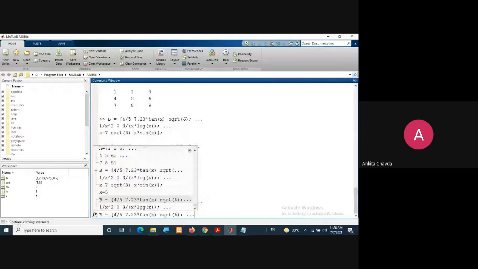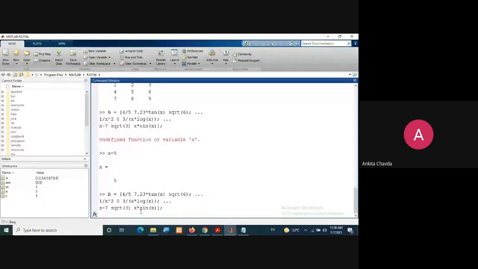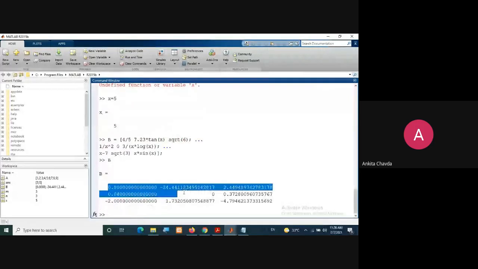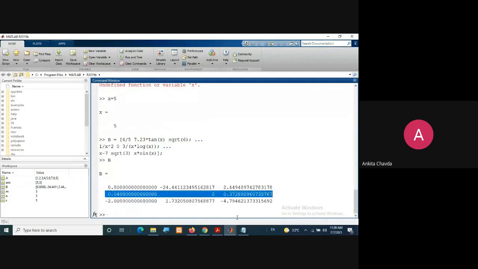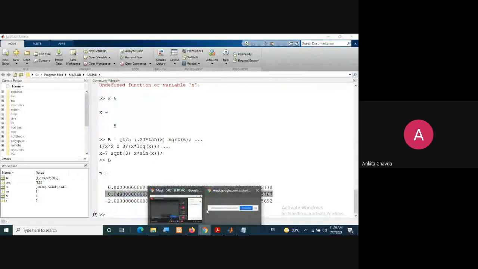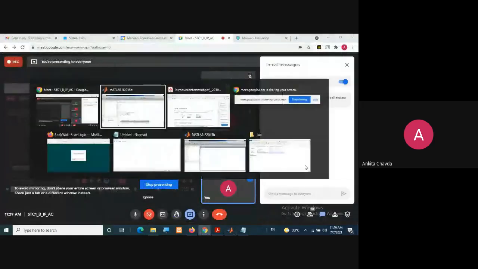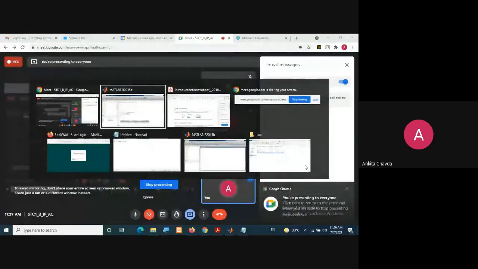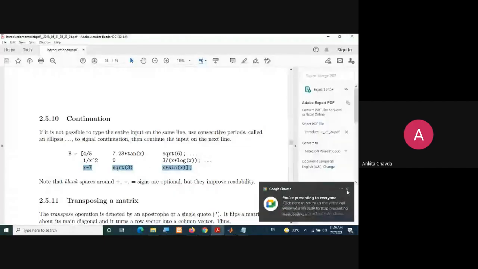Okay, so when we simply type b, it will show me the values: in the first row 3 values, in the second row again 3 values, in the third row 3 values. So this is how it will work. I hope it is very clear why we are using ellipsis.